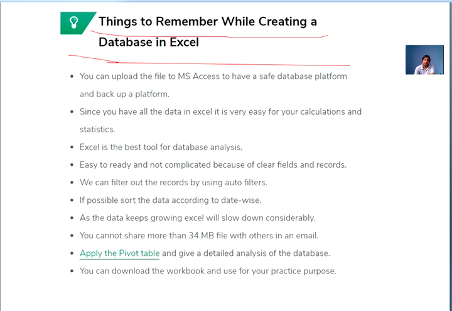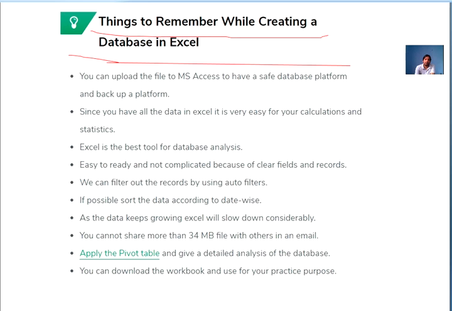For example, you can upload the file in MS Access, which is a safe database platform. Since you have all the data in Excel, it is very easy for your calculations and statistics. Excel is the best tool for database analysis. It is easy to read and not complicated because of clear fields and records.